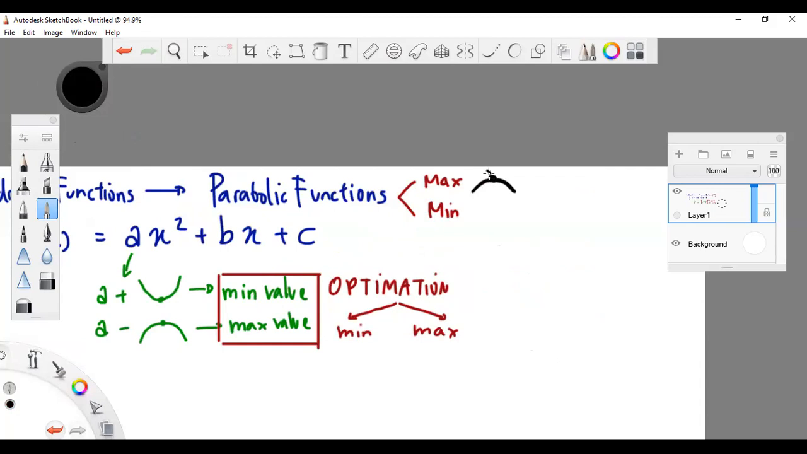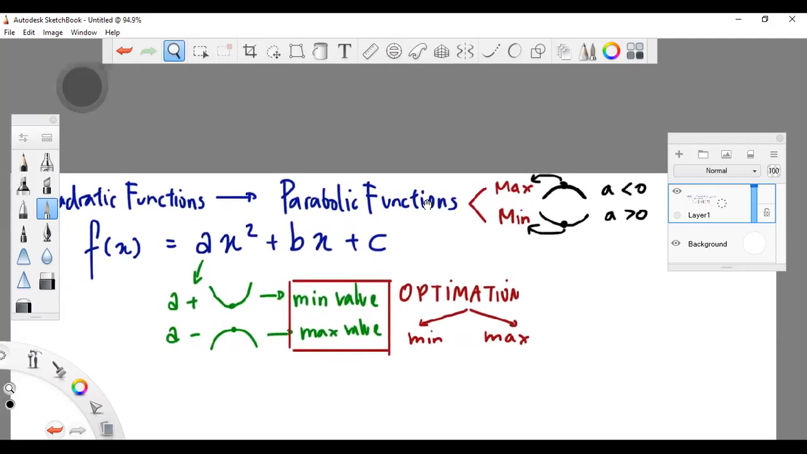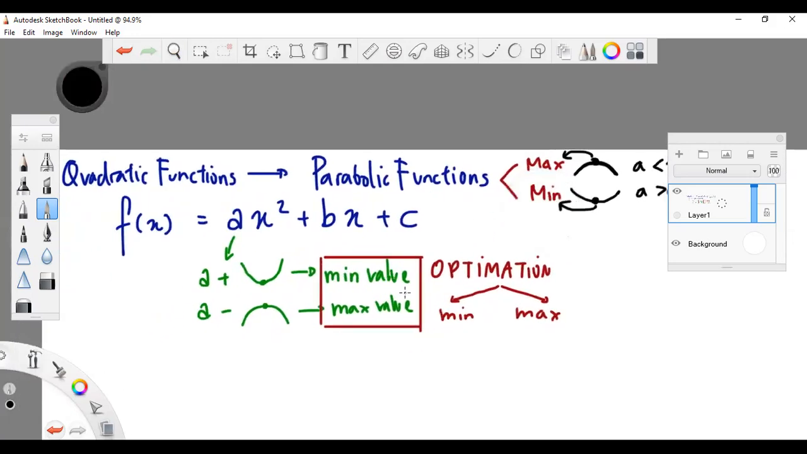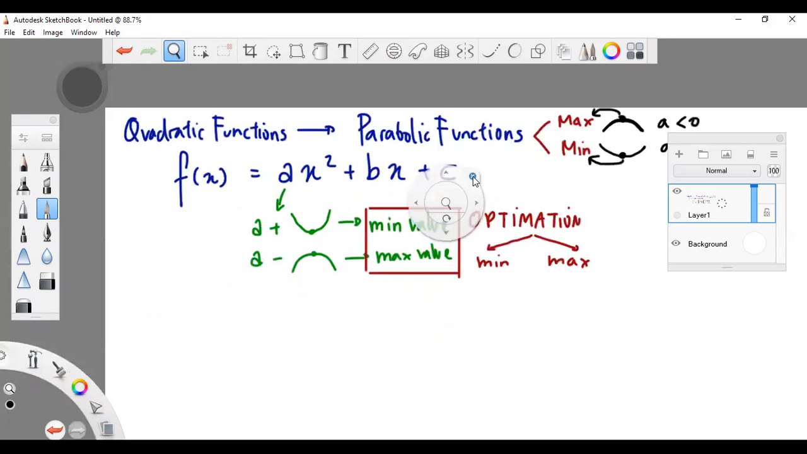This will be the maximum point, right? And the minimum point will be opening up. Wait, minimum point. Yeah. And this will be for a negative. This will be for a positive, right? So a positive produces a minimum value, a negative produces a maximum value. That is optimization. And when we are talking about optimization, we also talk about the